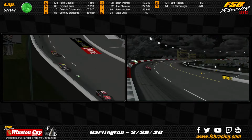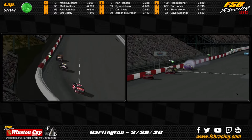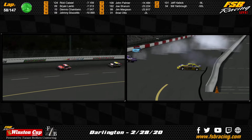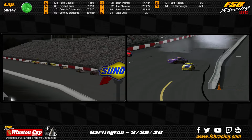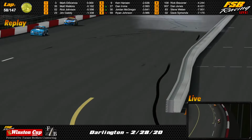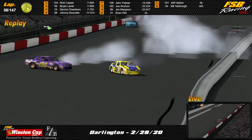Rick Johnson, this is what he does. This is what he wants, is a long run. What he used to tell me all the time when he was my teammate, before he was my teammate, he didn't tell me nothing except... We got a wreck on the front stretch. Nice second place, Minner. The 124 and 09, Brian Lamb, Rick Green, Castle, and we're still green? What Rick Johnson wants is to take those...